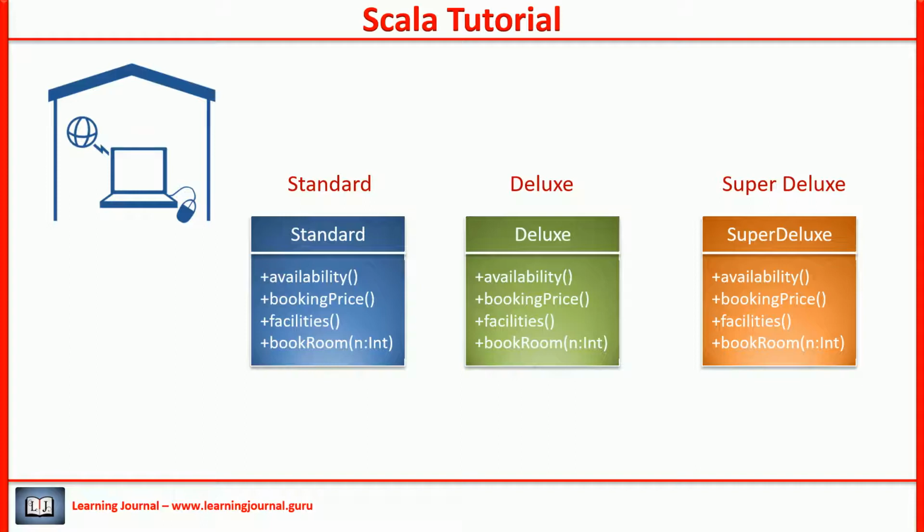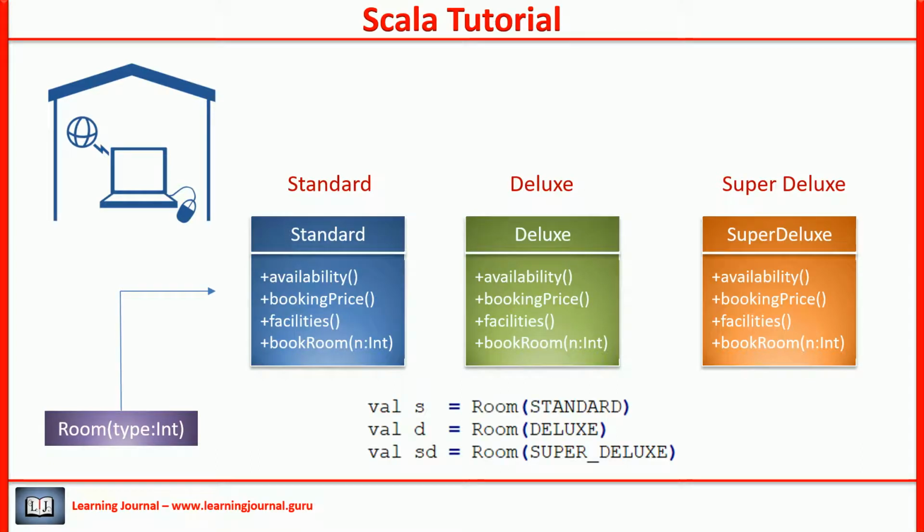All those three classes will implement their methods individually. Since you are creating a library, you want to keep it simple for your programmers. So, you decided to give them a simple method to create a room object. You wanted them to be able to create rooms using a single method. Here is an example of how you want them to create a room. The first statement returns an instance of a standard room. The second statement returns a deluxe room. And the third one gives a super deluxe room.